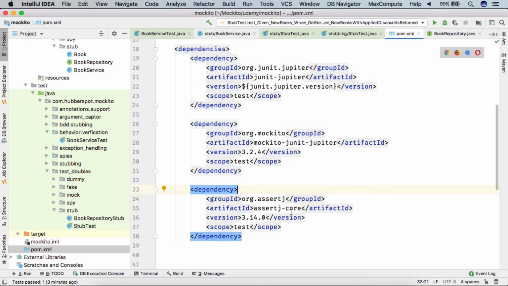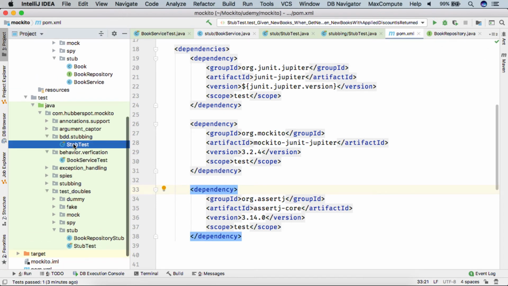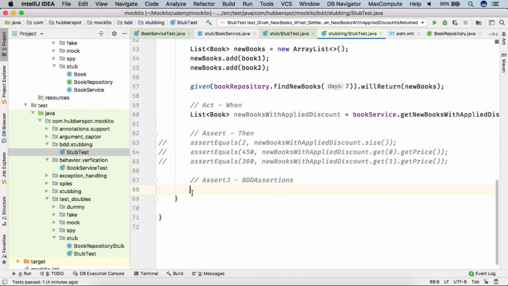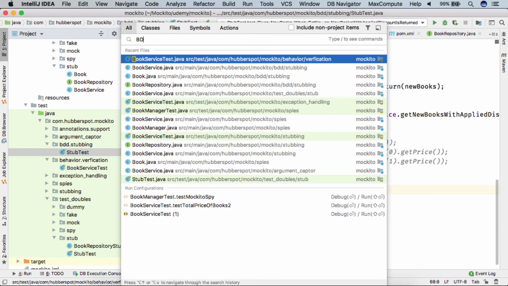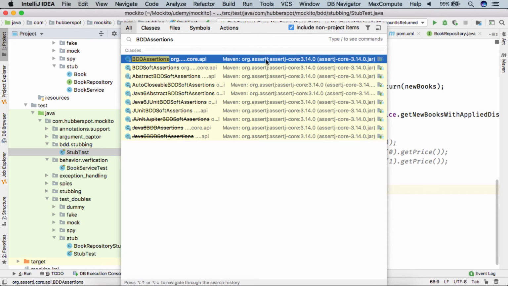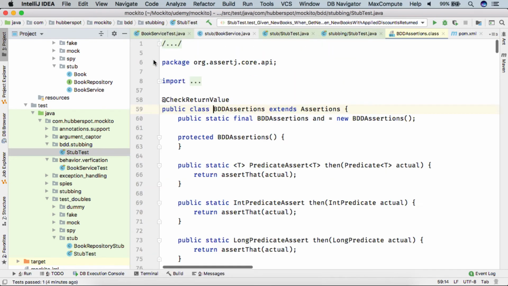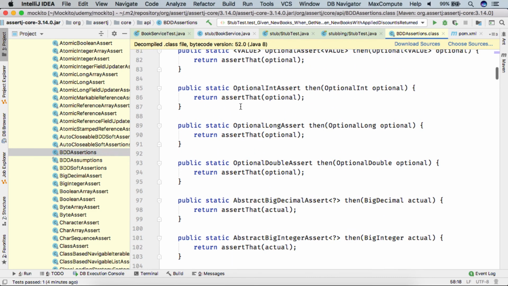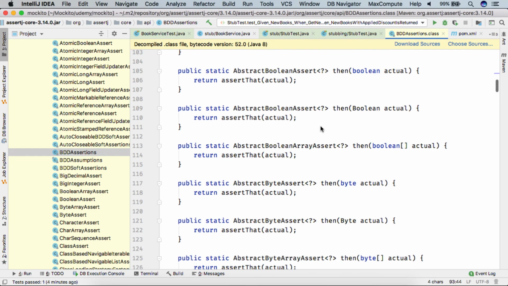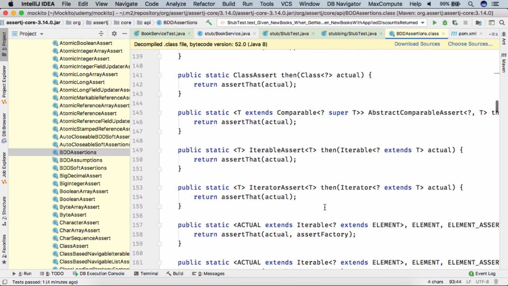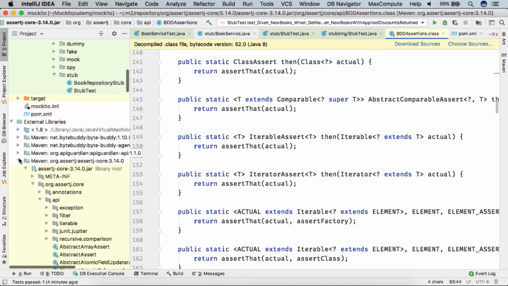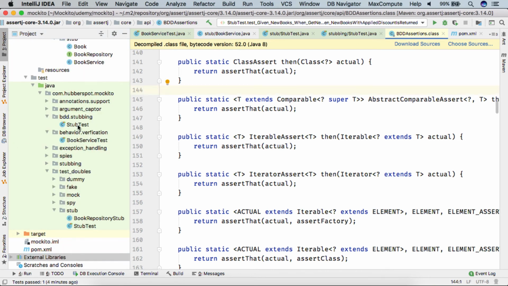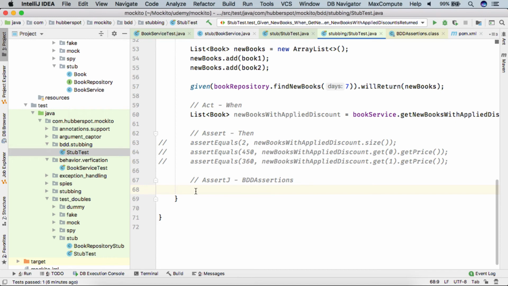Once we get this AssertJ Core library, if I search for BDDAssertions, you can see it's present in AssertJ Core 3.14, and if you open that, there are many methods, but one of the important methods is then, which is overloaded. So let's say the first assertion we provide is then.